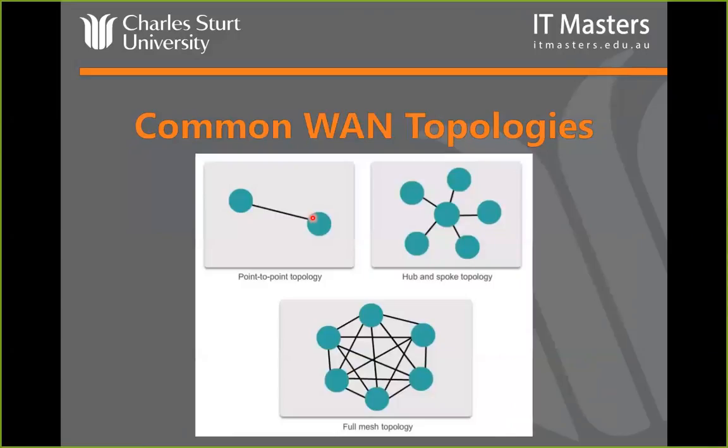Hub and spoke is where we've generally got a central office in the middle, and then multiple spokes, each one going off to another site. All of these WAN links terminate at the head office, and then they branch out to each of the branch offices as they go. The physical topology basically looks the same as that as well.